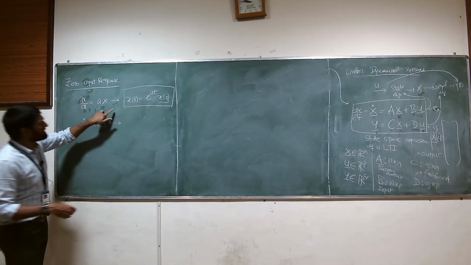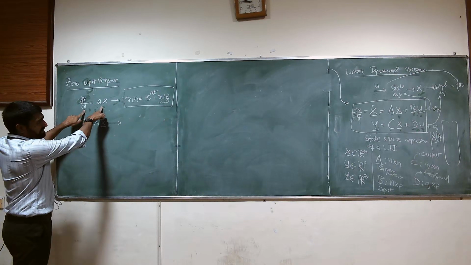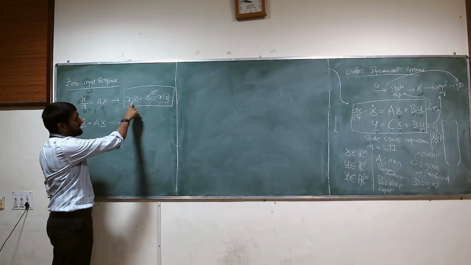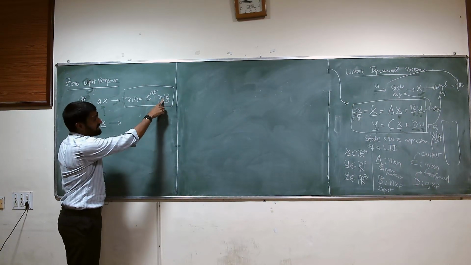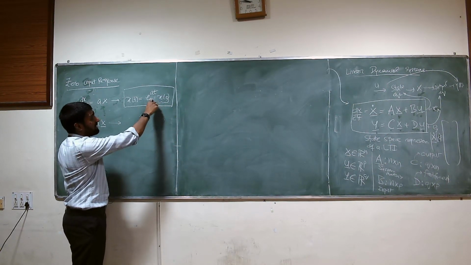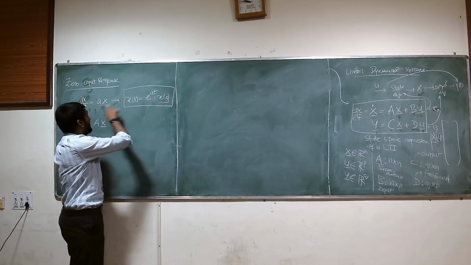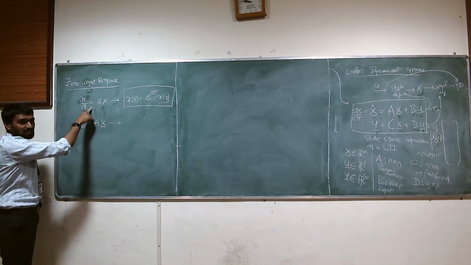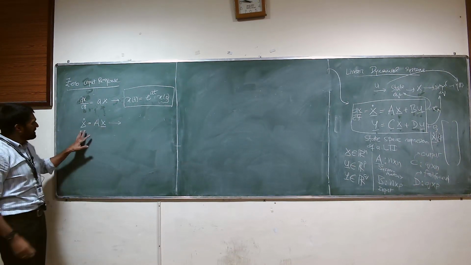If that is the case, then if you have a system with a single state, the evolution of the state is given by this. So the value of the state at time t equals 0 will exponentially explode or exponentially decay depending on the value of a, if the state evolution expression is like this, assuming 0 input. It turns out